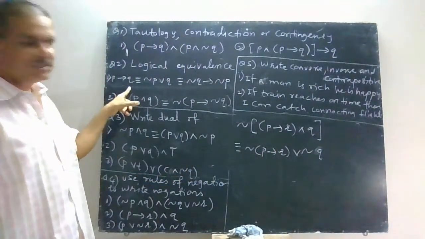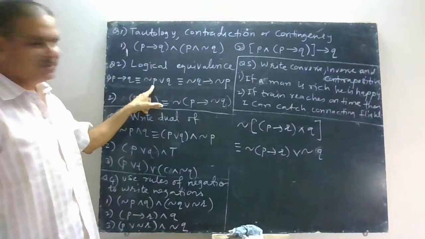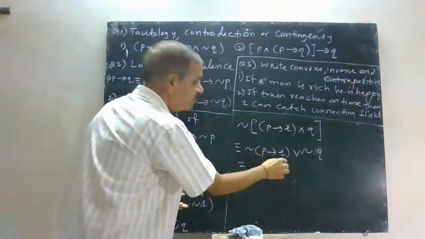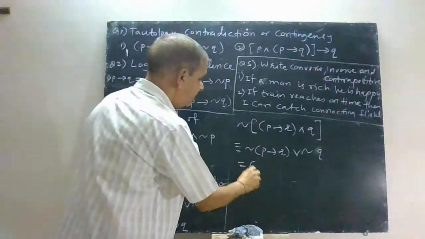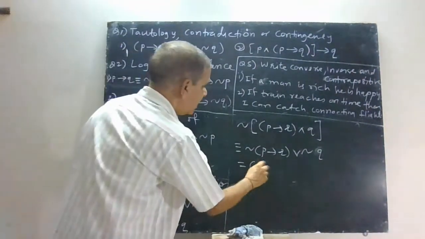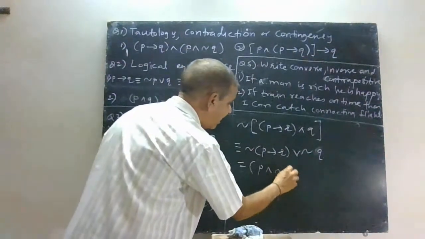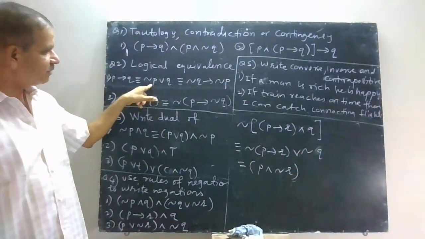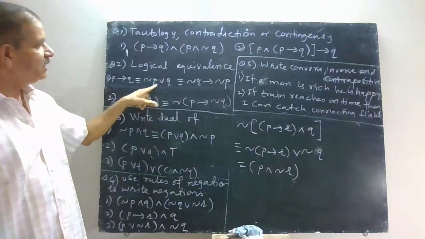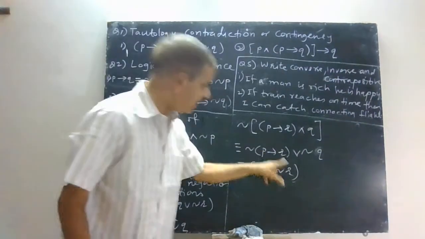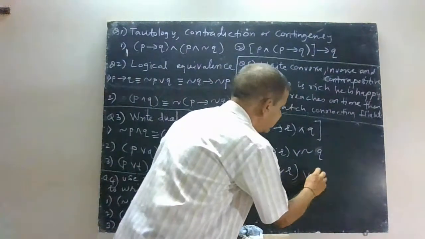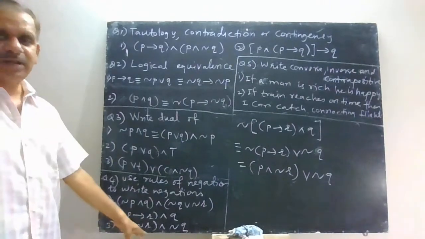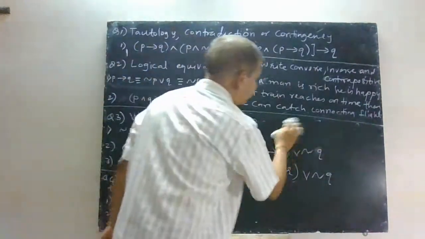Here you have P implies Q, it is equivalent to not P or Q. That means now you are writing negation of P implies R, so it will be P and not R. Using this one, its negation, of course, negation of not P is P, and negation of, here it is R, so R or negation of Q. I think you have one more, you can do it similarly. So this was the fourth type of question.